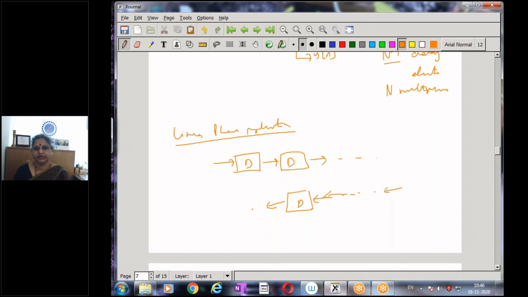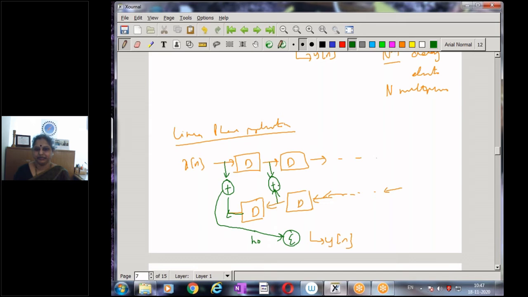So I have a delay. I am having n minus 1 delay elements. This is my input x of n, and then I have my output y of n. Since the gain of the first and the last element is the same, I take the first and the last element, add them together, and then multiply by H0. Since the second and the second last elements again have a similar gain, I take them together, add them, and then multiply by